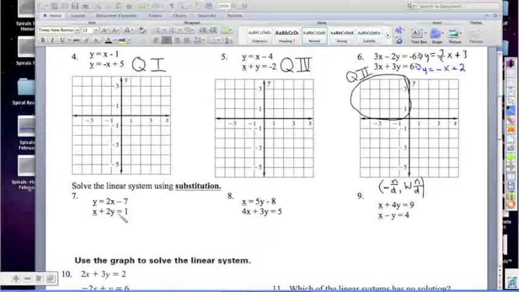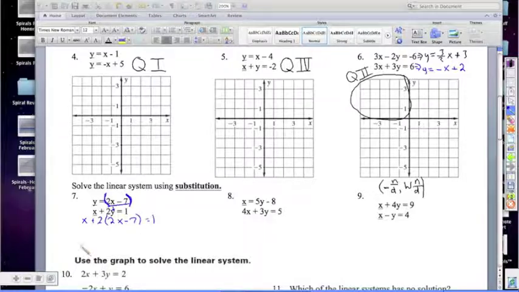Moving down to 7. Solve the linear system using substitution. To clearly identify the substitution, I'll put the variable I know. Because y is all by itself, I know it is equal to something. That something is 2x minus 7. So all of this substitutes for y. And when we set this up, we'll have x plus 2 times my new y, which instead of being y is going to be 2x minus 7